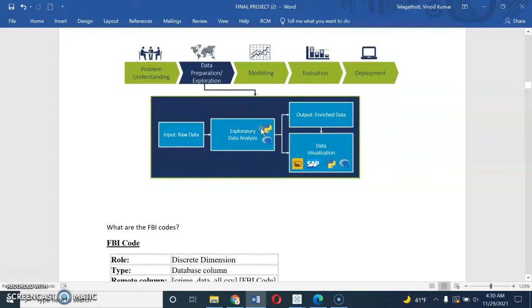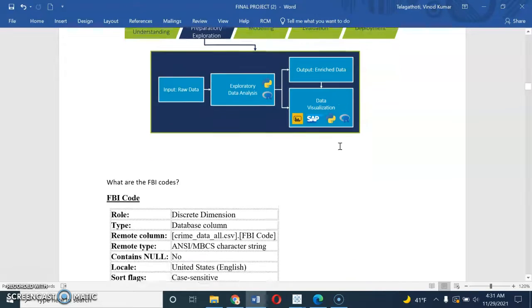This is the image which shows the relation between data visualization and exploratory data analysis. If you can see here, if the data is used to make an exploratory data analysis, then we could get outreach data which can be further presented with data visualization. So this is the relation between data visualization and exploratory data analysis in the data analysis process.